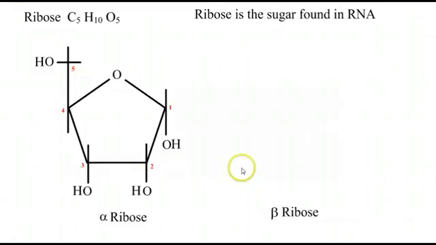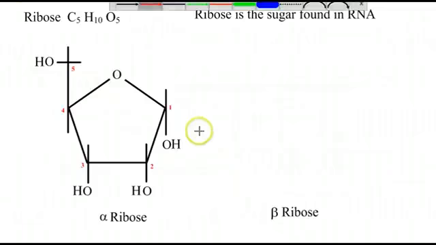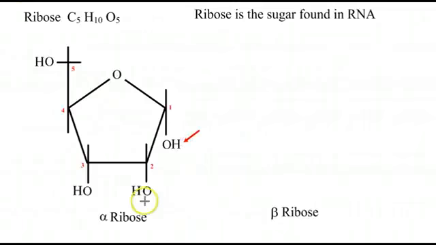All right, so if we look at this alpha ribose, you'll notice it's alpha because the hydroxyl here is in the down position. There's a hydroxyl number 2 in the down position, hydroxyl number 3 in the down position, and of course number 5, which is up here, we can have the hydroxyl in any place. And so this would be alpha ribose. We can make this